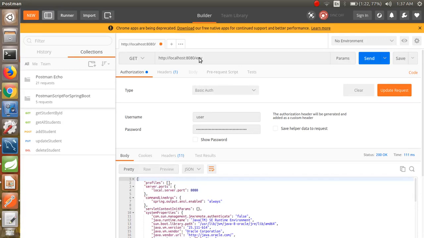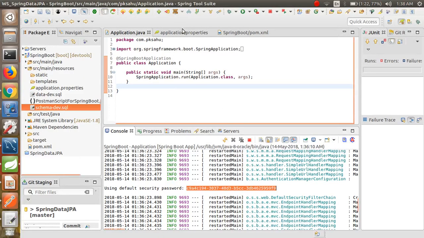But fine, we are able to access this endpoint with the application-generated password, but we should define our own password rather than this application-generated password. So how will we do that? Let's see. For that, what we need to do,